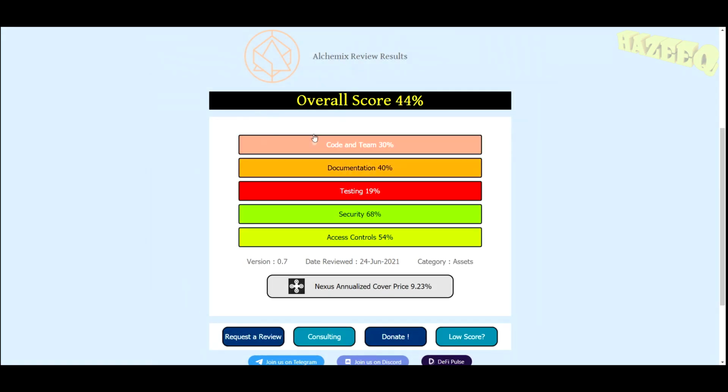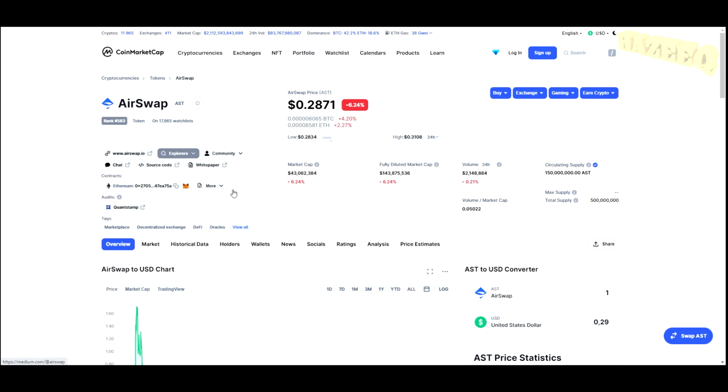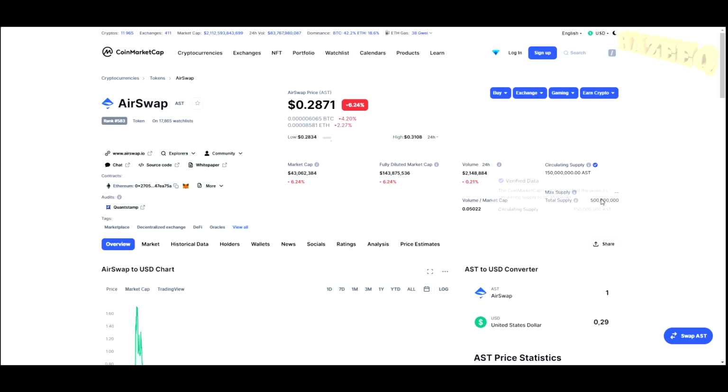So check CoinMarketCal, check overall score, check the website, okay? Check the Twitter of the devs and the creators. Check them perhaps in any other social medias you can find them in, okay? And obviously look at the circulating supply. If the total supply is like 10 billion coins and there's only 10 million coins in circulation, well, that's a red flag as well, because